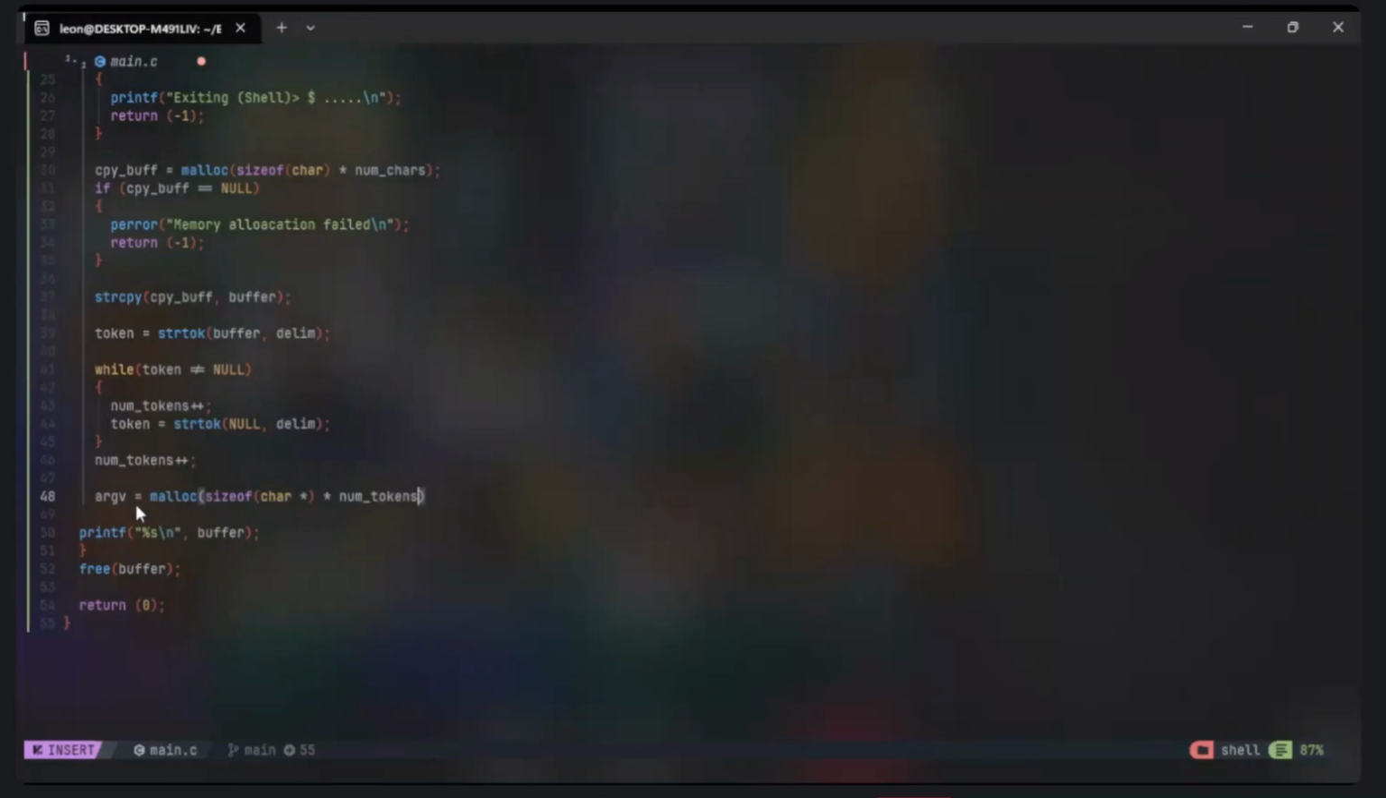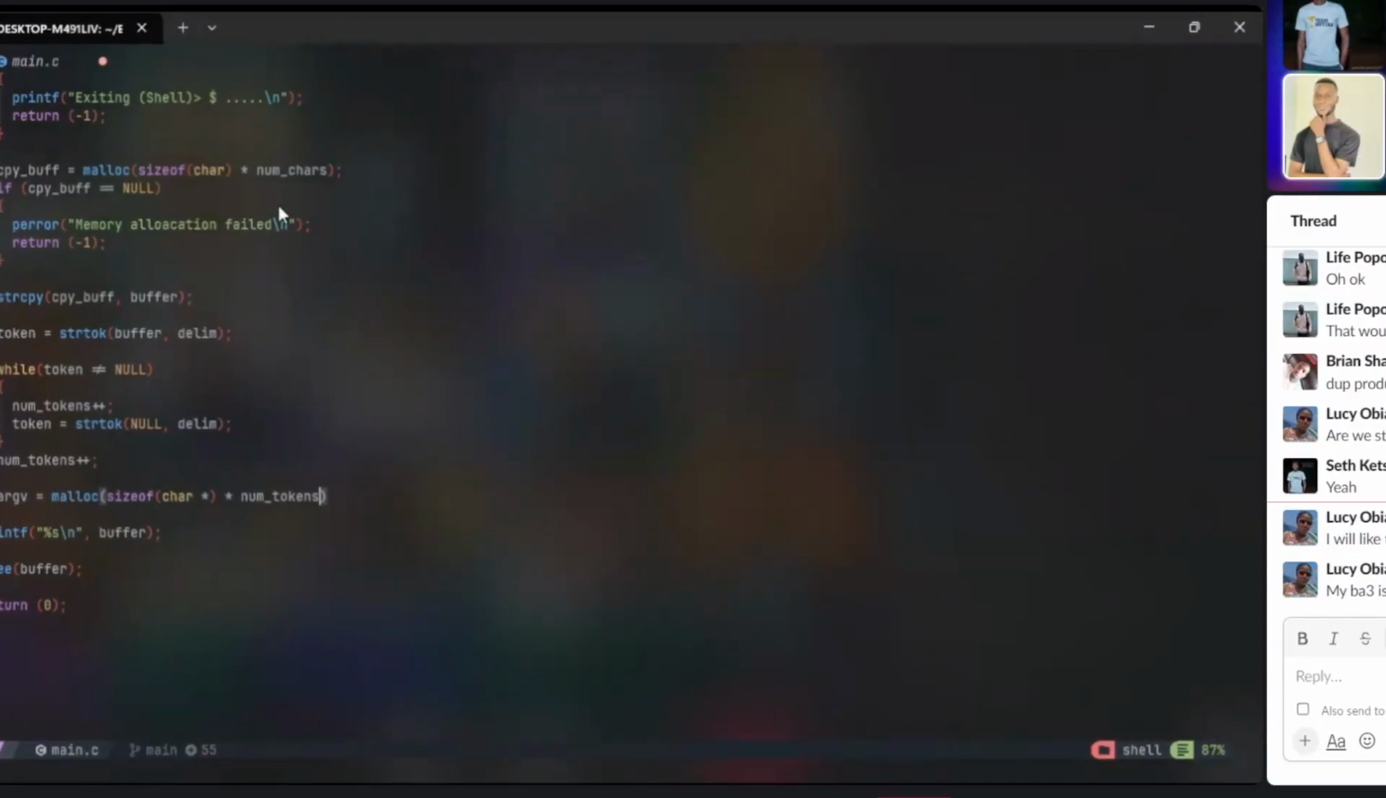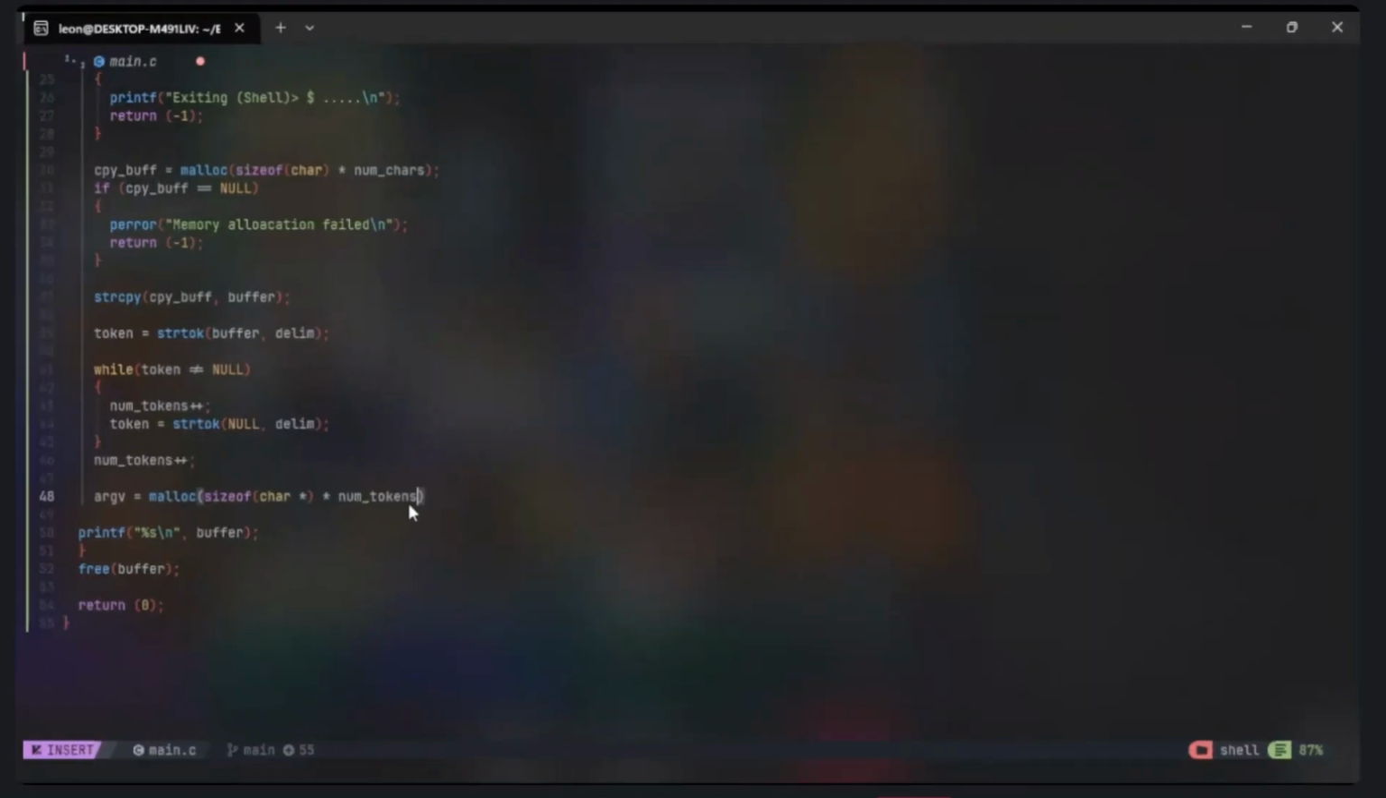So argv is actually what? A double pointer. And we are initializing it by multiplying the size of a character pointer by the number of tokens. Whatever size we get, we'll allocate it to argv. Now, after that, we want to